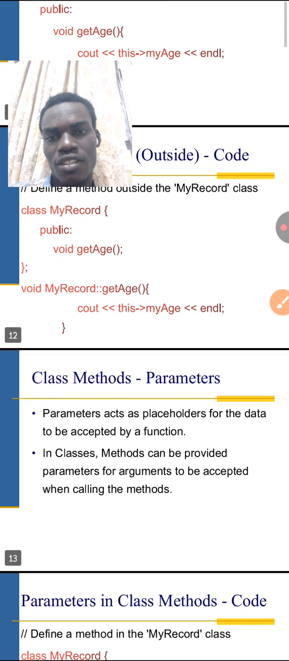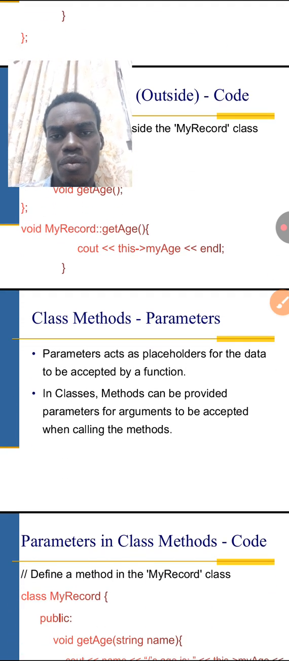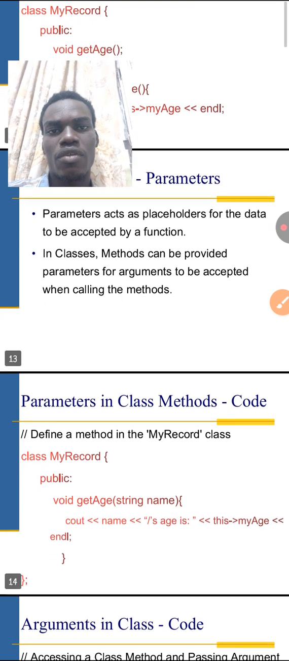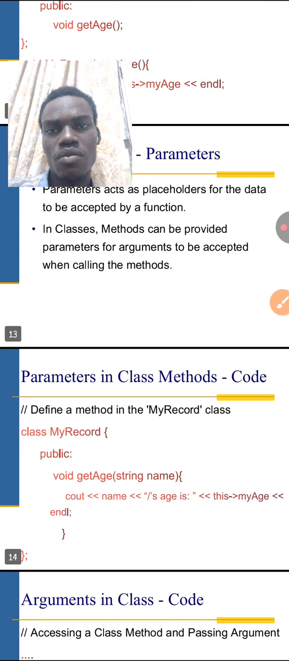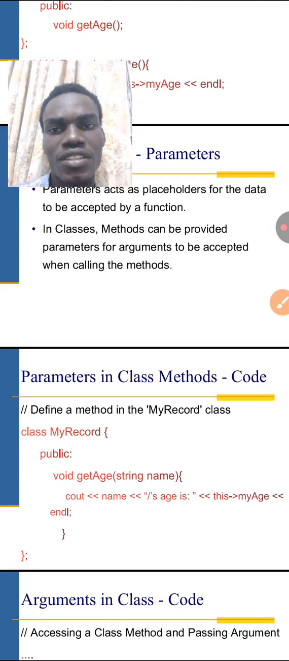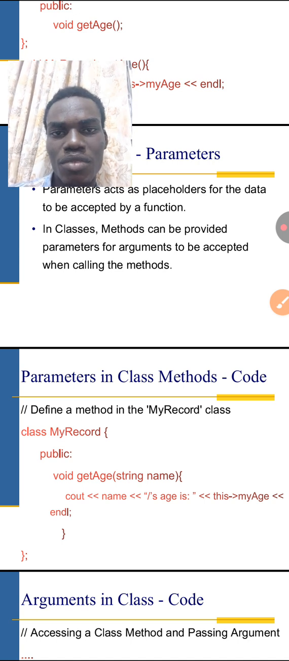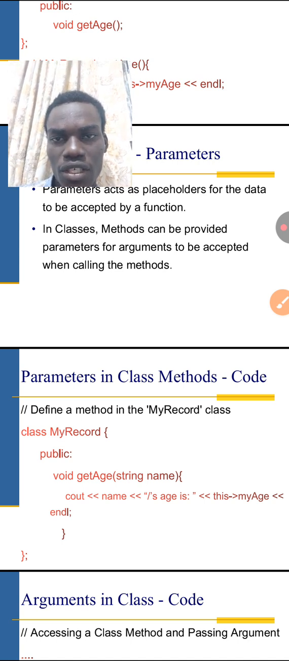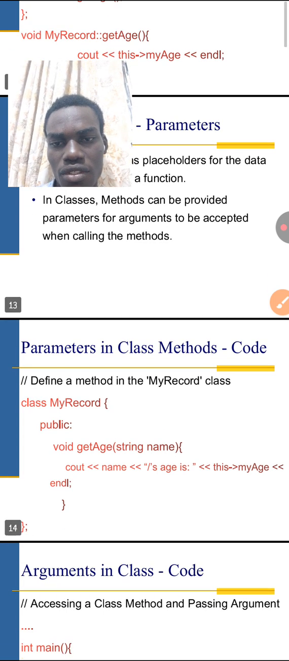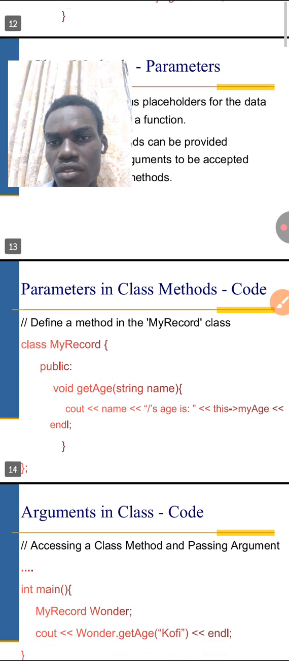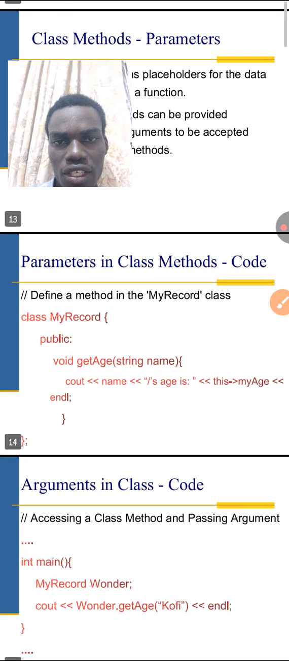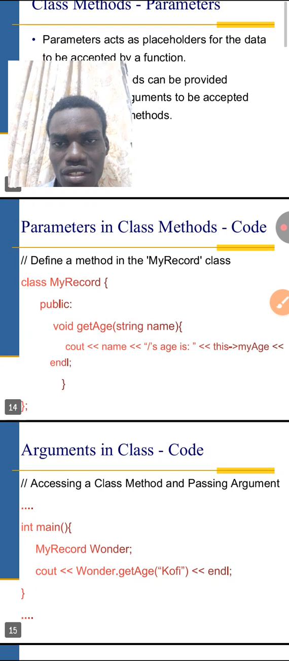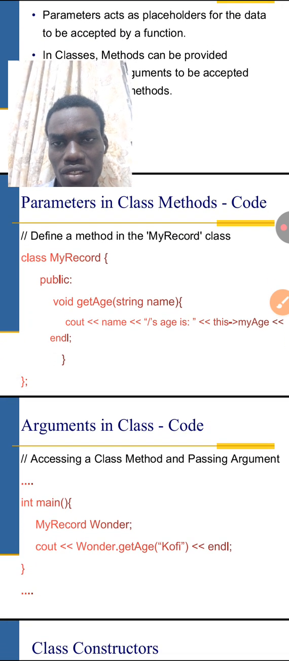Now let's look at class methods and parameters. Parameters act as a placeholder for the data to be accepted by a function. In classes, methods can be provided parameters for arguments to be accepted when calling the methods. So a method in the myRecord class. So as you can see,